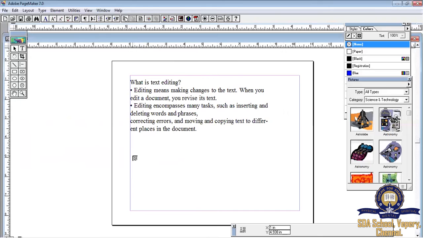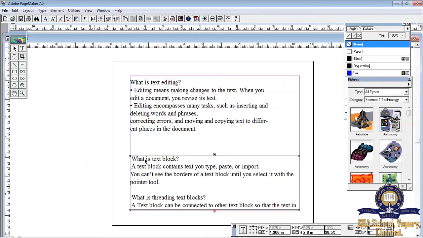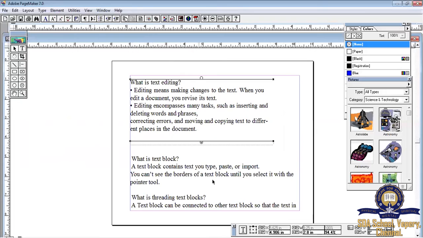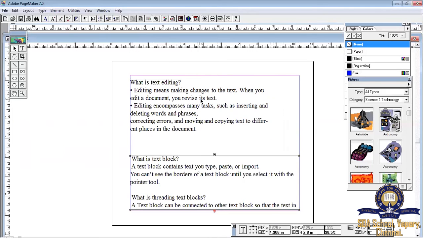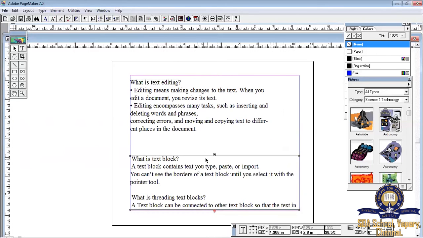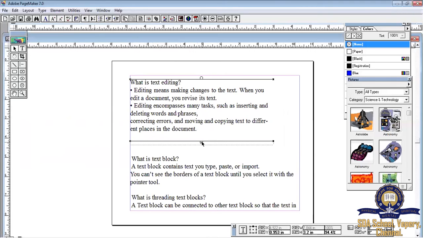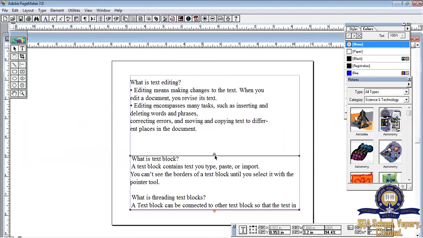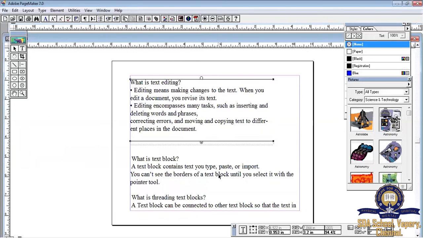Place it anywhere on the screen and click. Now two threaded blocks are created. How do you say it is threaded? We can see a plus sign at the bottom handle of the first text block, and a plus sign at the top handle of the second text block. It indicates these two text blocks are threaded.